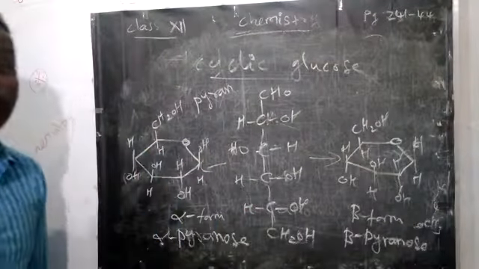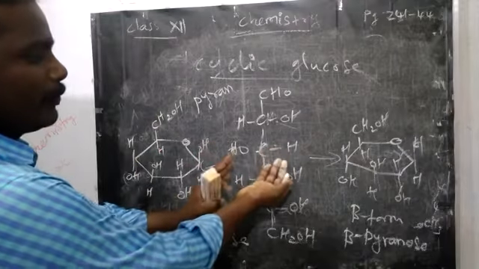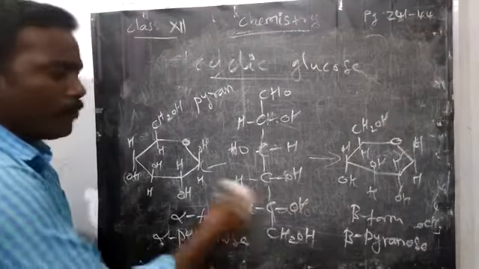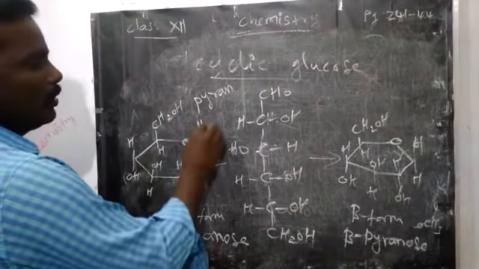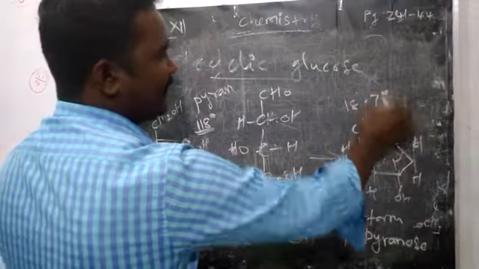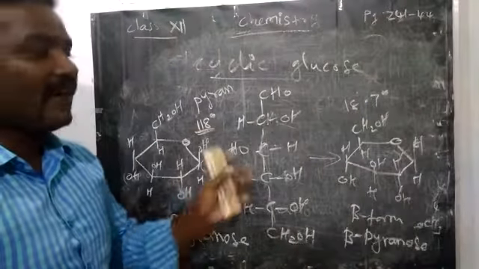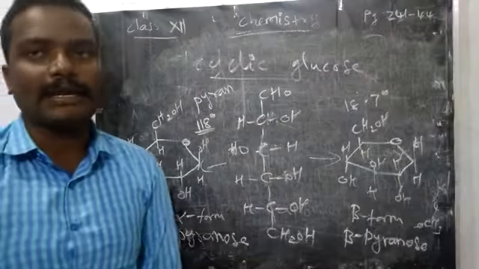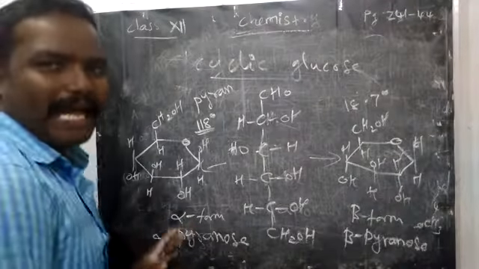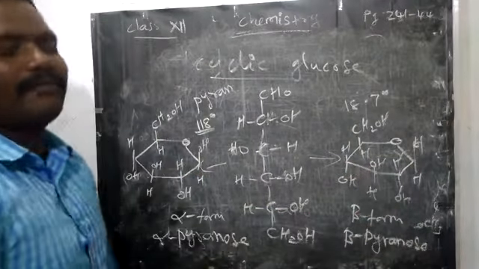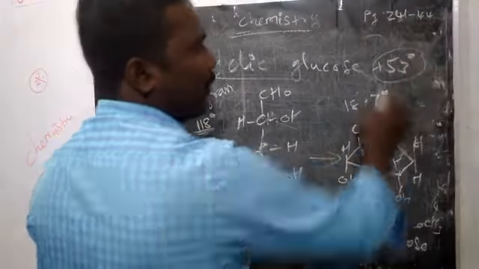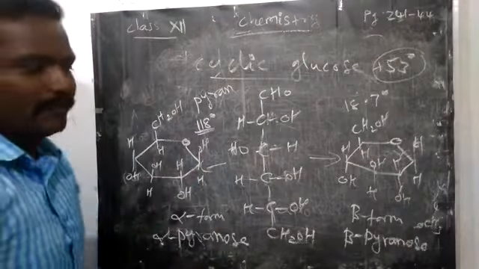Even though they are two different forms, they have specific rotations also. If you want to convert pure D-glucose to either form, for the alpha form what rotation do you need? 118 degrees. For the beta form, it is 18.7 degrees. These are the specific rotation values, 118 and 18.7. If you want to convert the alpha form to the beta form or the beta form to the alpha form, you have to rotate 53 degrees. If you rotate, one form is converted into the other form.